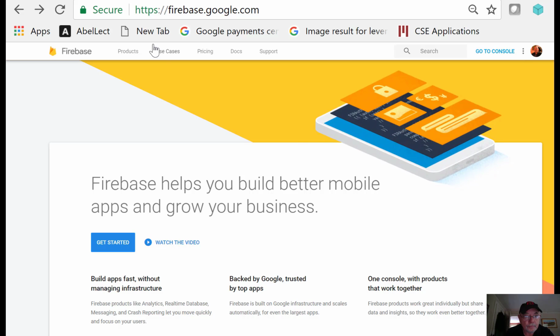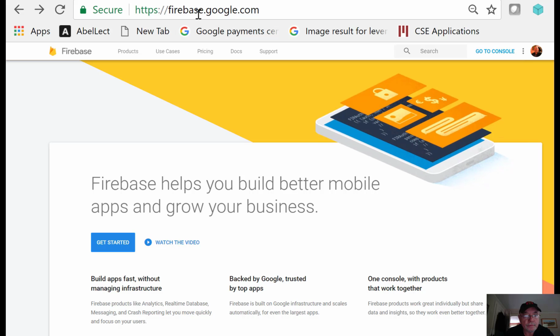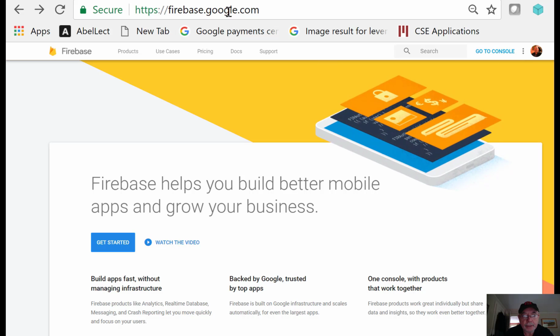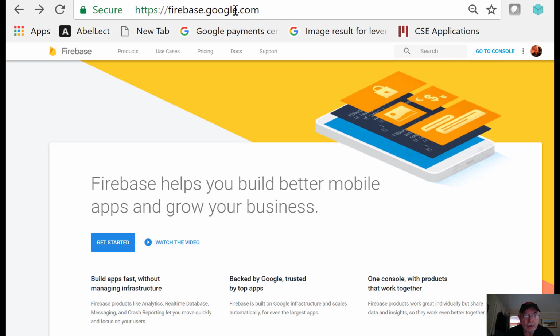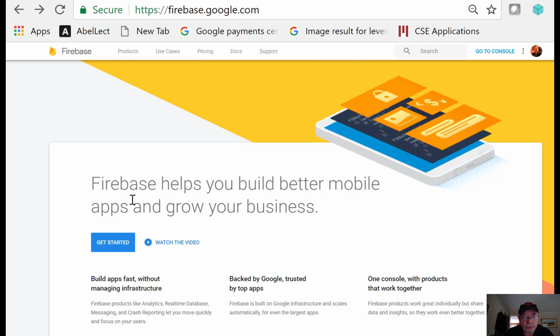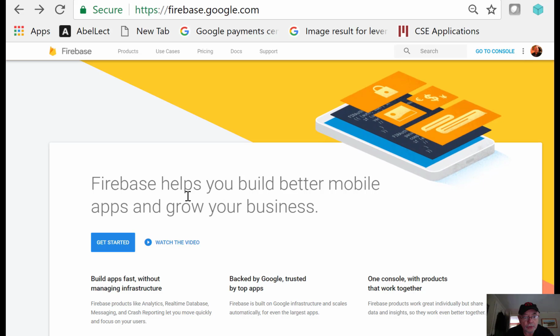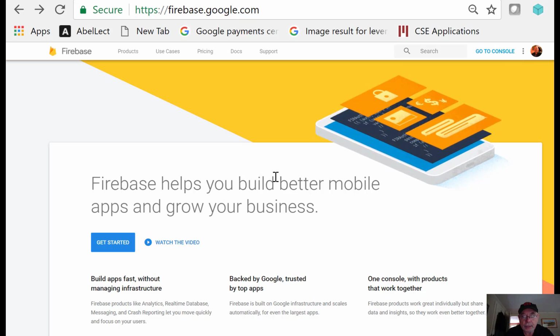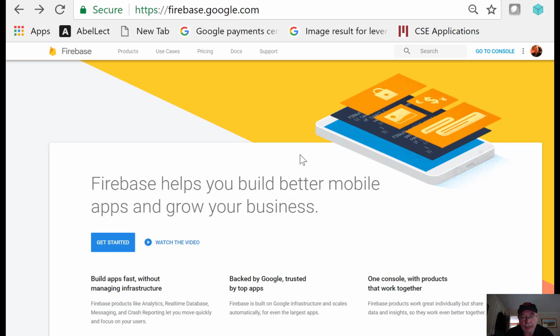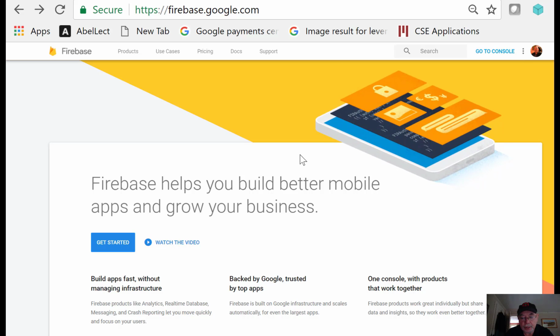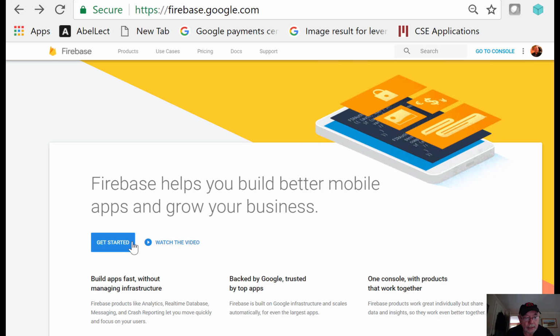Hi, we're going to use Firebase, which is a backend database for storing data. And it's run by Google, so if you've got a Google account, you'll already be able to log in. If you don't, you need to set up a Google account, for example, Gmail. So we'll go to this page,